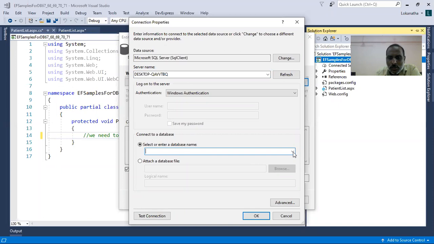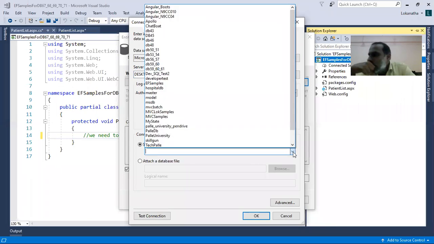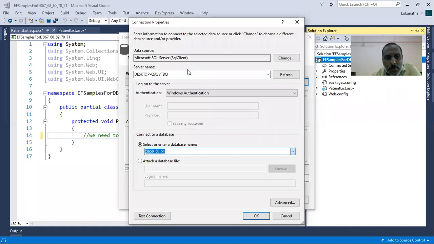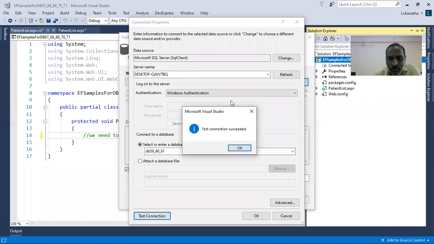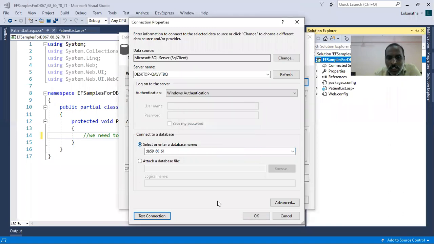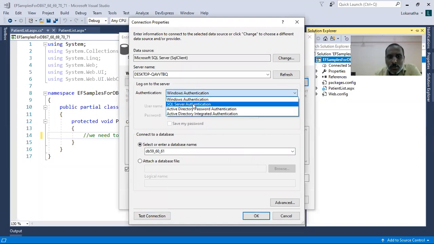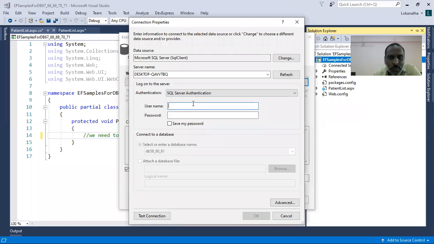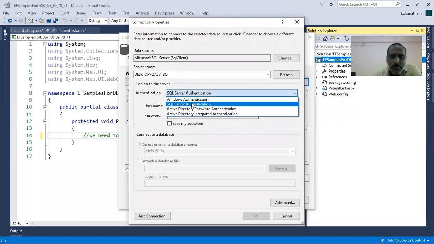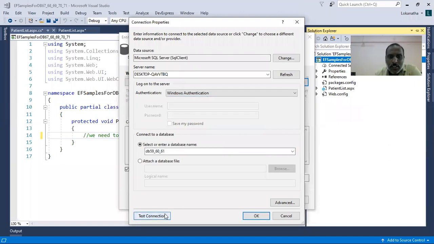Okay, I have to choose which database. Now I should choose this database name, DB596061. Test connection. Before doing anything, test connection. It is saying connection succeeded. In case your database is using SQL Server authentication, make sure to change to SQL Server authentication. Give username and password. Otherwise, Windows authentication. Test connection done. Then click on OK.